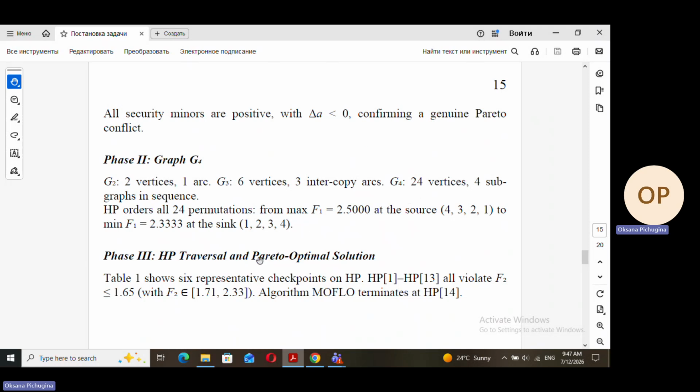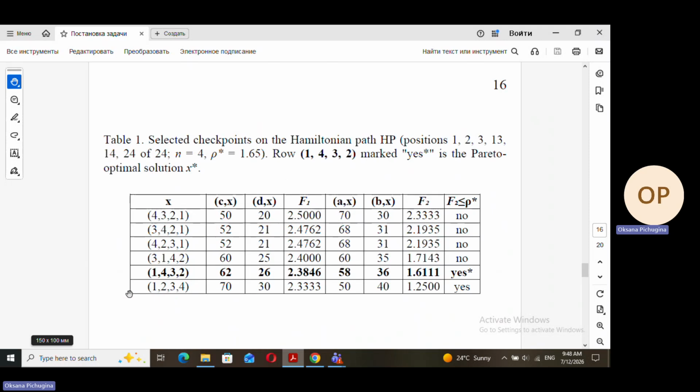Then we can test the condition that F2 is at most 1.64, and all results are here. The table shows selected checkpoints. The first 13 assignments